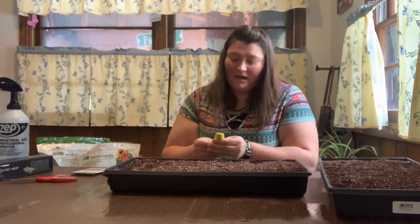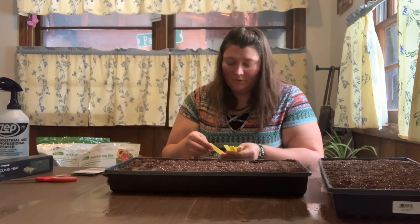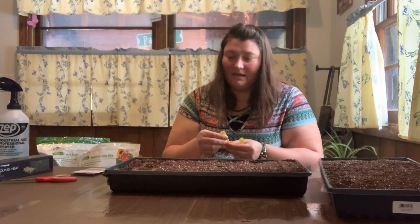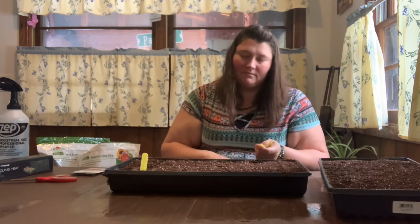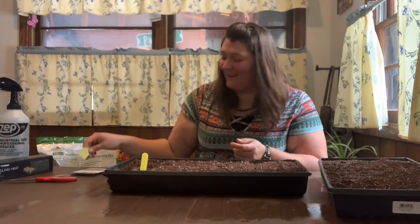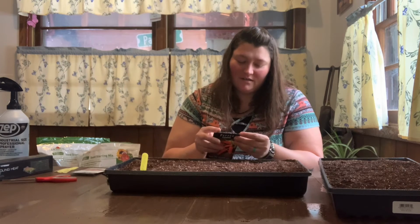I have to label my stuff when I plant it, because I think, oh, I'll plant this whole flat and then I'll label it because I know what I planted. I don't. I can't keep it in my head. So when you are doing your garden planning,